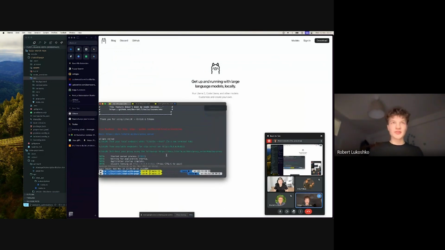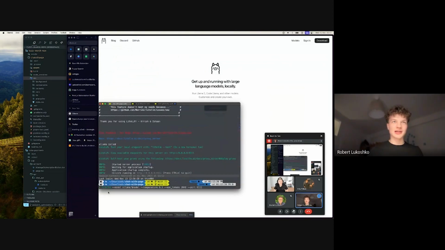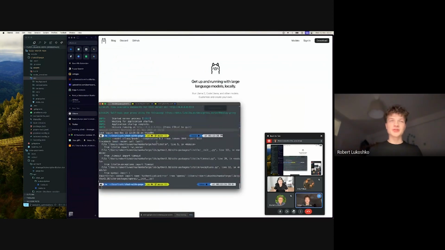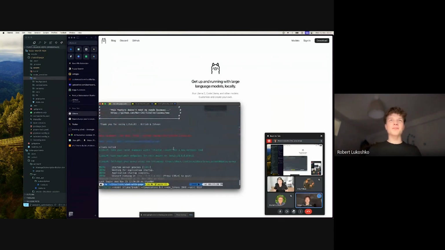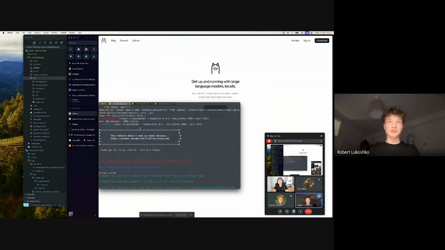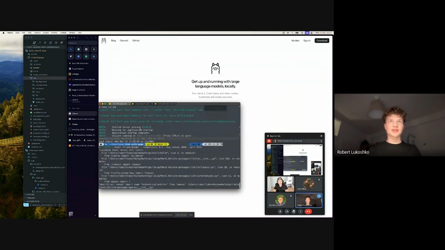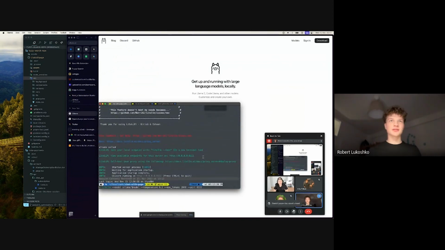So if I trigger a shortcut here that runs LiteLLM with some kind of model, let's say Mistral 7B, it's going to use... I triggered the wrong shortcut, but before that I ran the shortcut with Mistral 7B, and it just got started and got running.